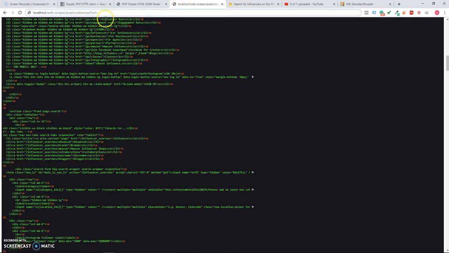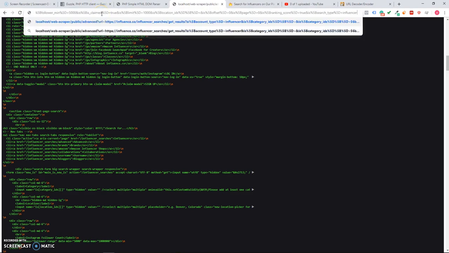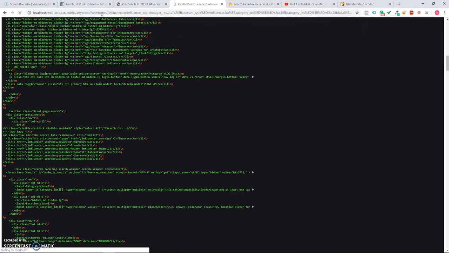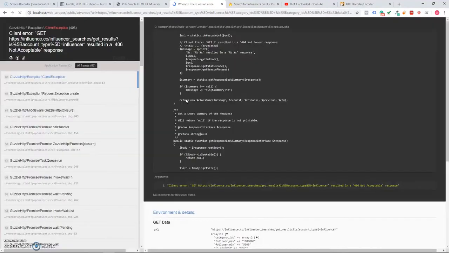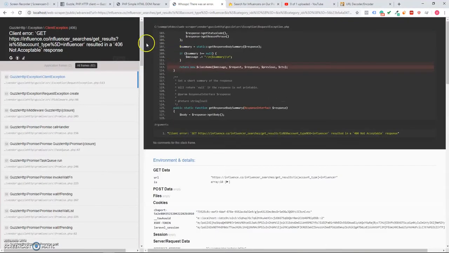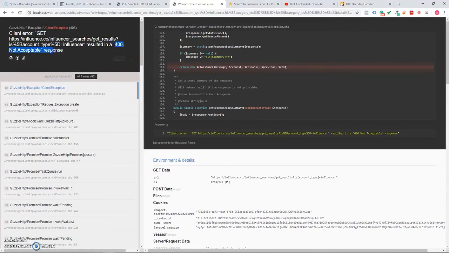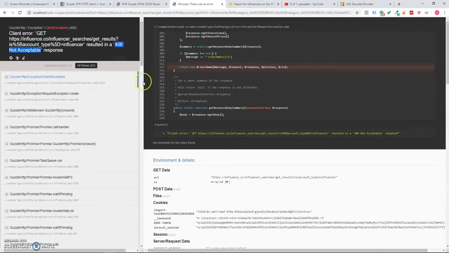Okay, so basically if we paste it here, it should work, and we're pasting it here. Everything is very nice. We're waiting a bit, my computer is slow. Whoops, there was an error. Oh my god, what does this mean? Well, it's a 406 Not Acceptable error, and what this means is that we're not sending the correct headers. There is actually a header